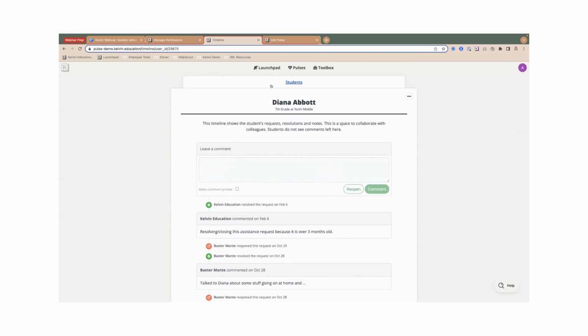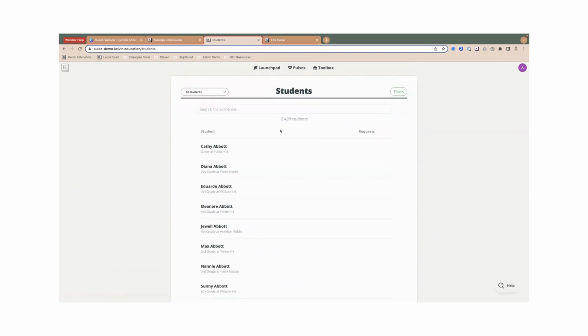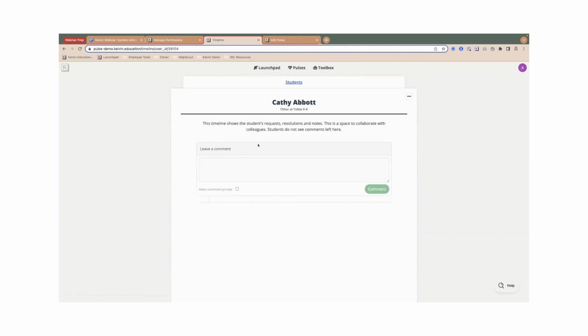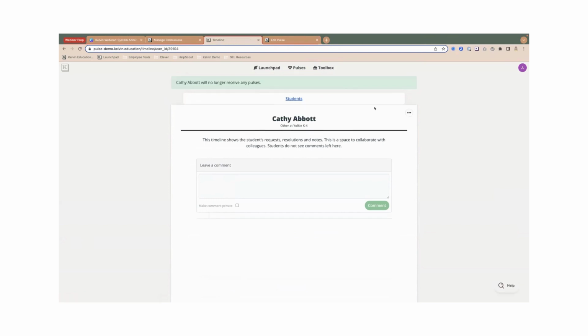Now, if I click on another student name, I'm going to go ahead and click back at that students link, which takes me back to that list from the card. And let's say Kathy is no longer going to be participating in any pulses. Their family doesn't want them having any surveys. I can click the ... at the top right corner of Kathy's name, and you'll see an opt out from pulses,